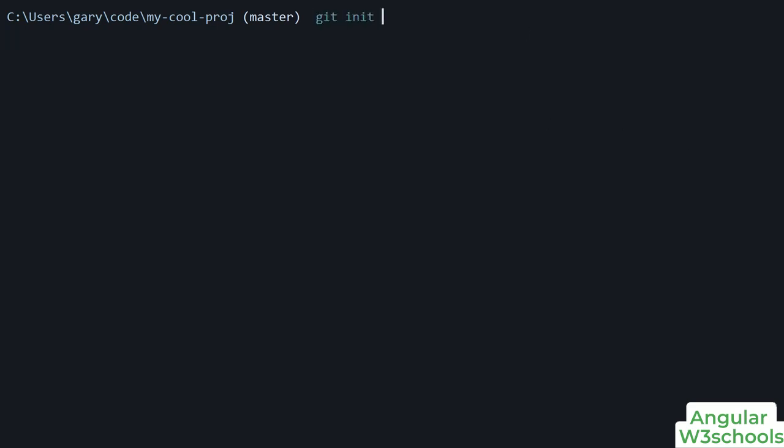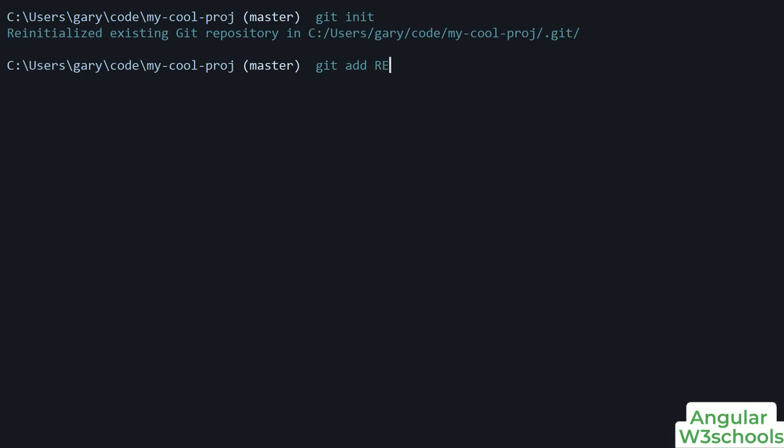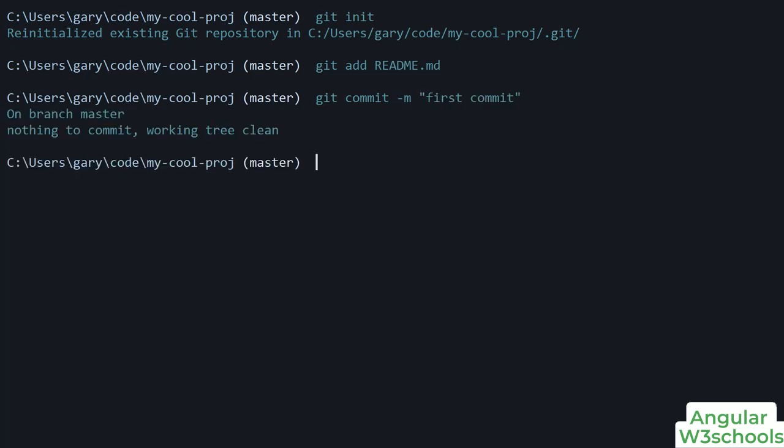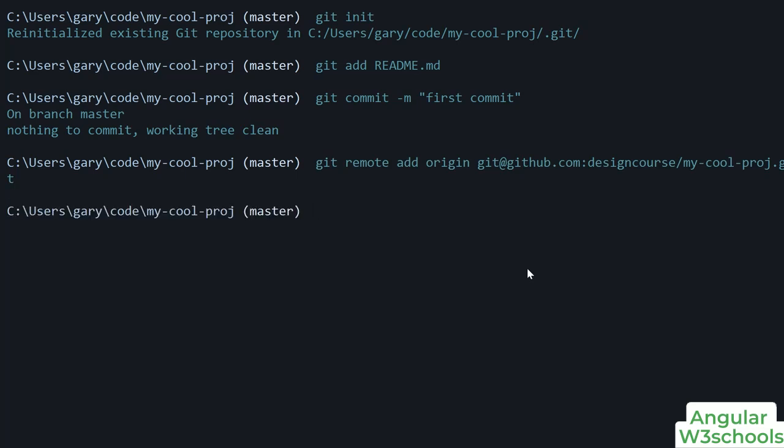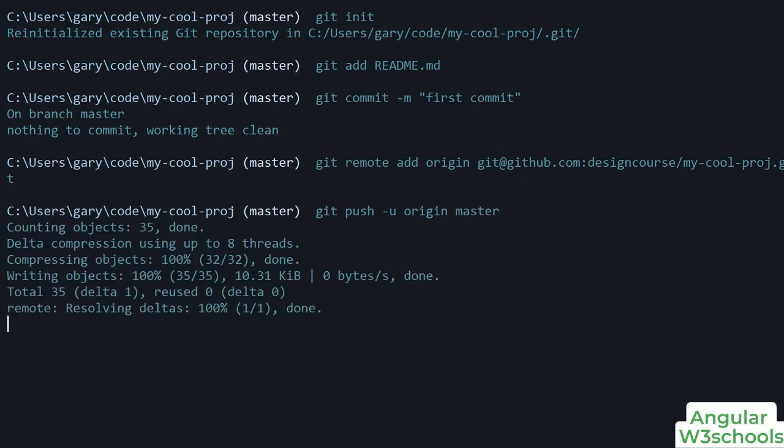So following those steps: git init, git add readme.md, git commit first commit, and then I'm going to copy and paste our remote add,